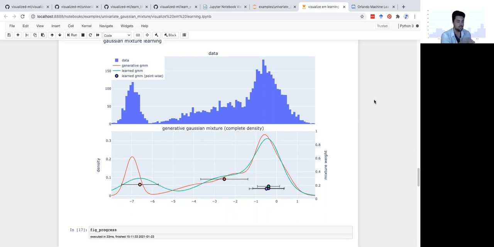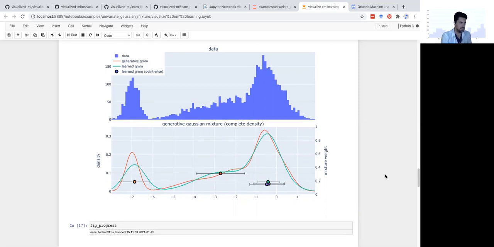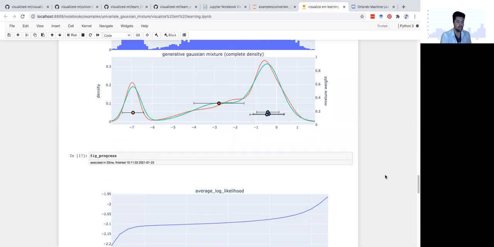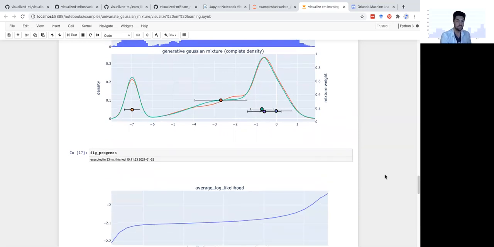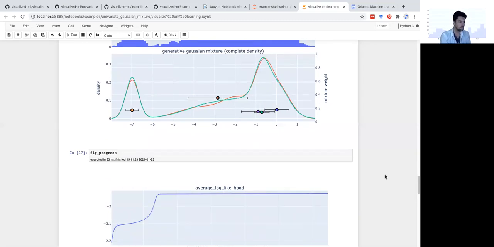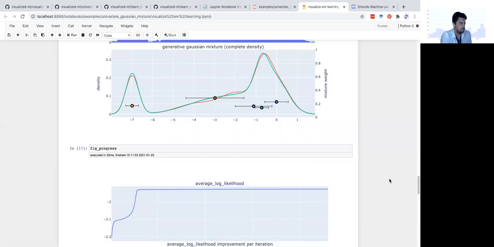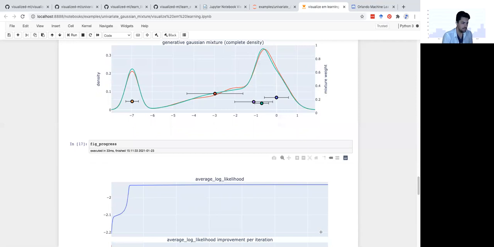And you might ask, how is the fit quantified? Which is a good question. One way to define that is the log likelihood of our data based on the mixture that we're considering. So this is what it looks like, it takes, I don't know how many iterations this was.